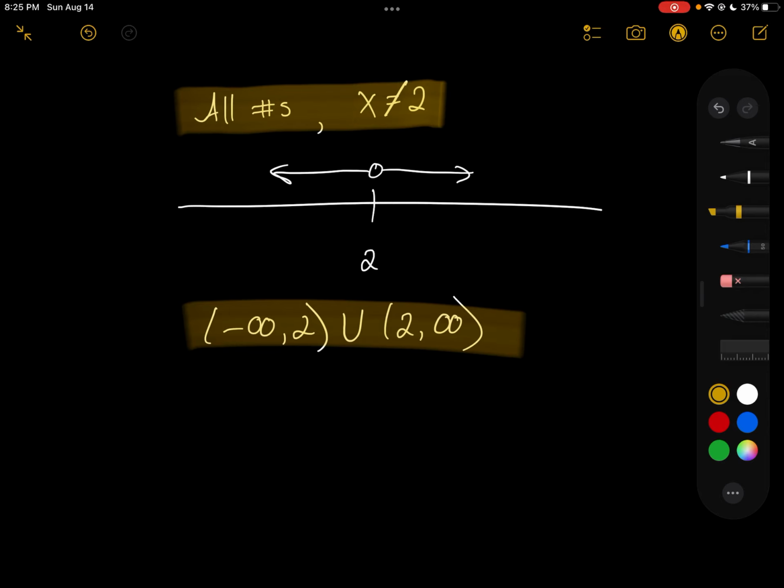So hopefully that support helps. Again, just like the two questions on the bottom, there are special cases when we're doing some algebraic solving for excluding